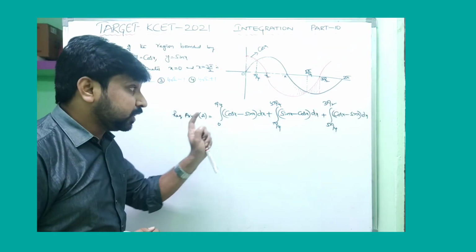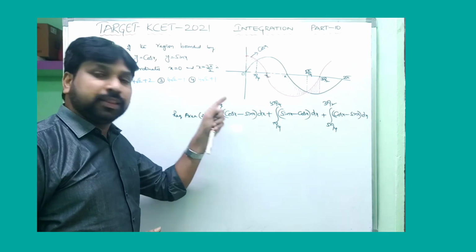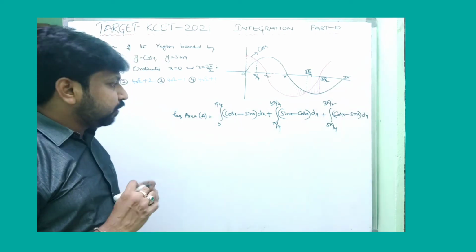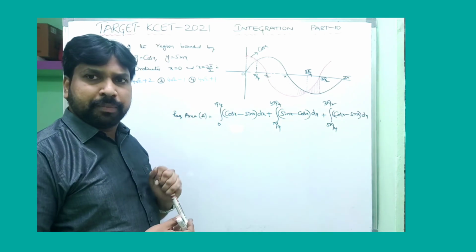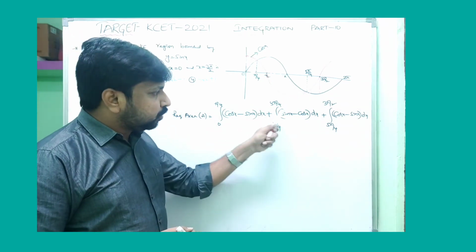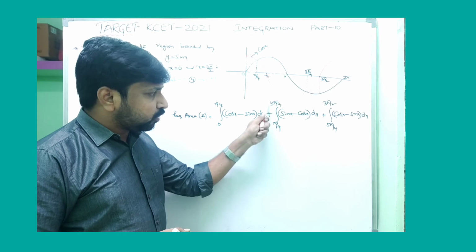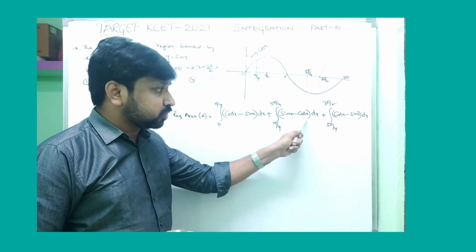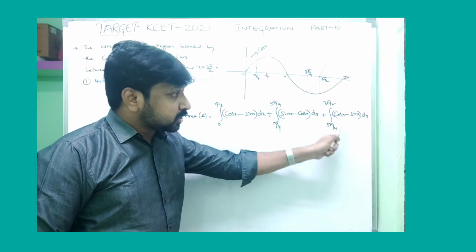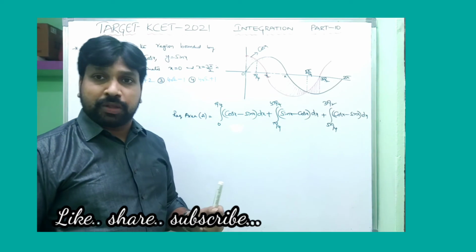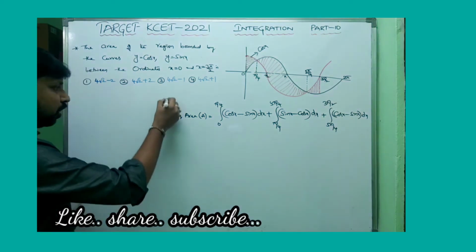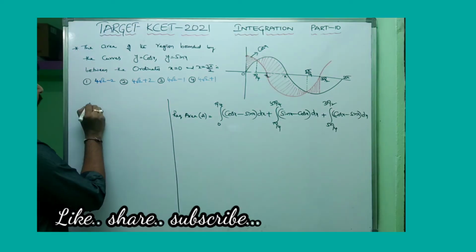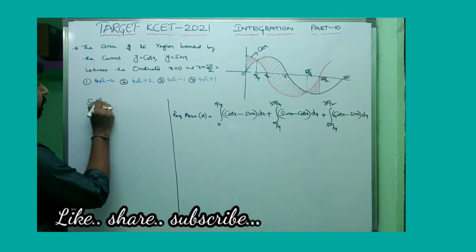Very, very important splitting. If you know the splitting, then the calculation part is very easy. If you observe, you just need to integrate and substitute upper limit minus lower limit. While simplifying the upper limit, you need to know sin and cos of 5 pi by 4, and cos and sin of 3 pi by 2, all the values. I want to simplify those results before that. So how to simplify? Very clearly, I need to find out sin 5 pi by 4.